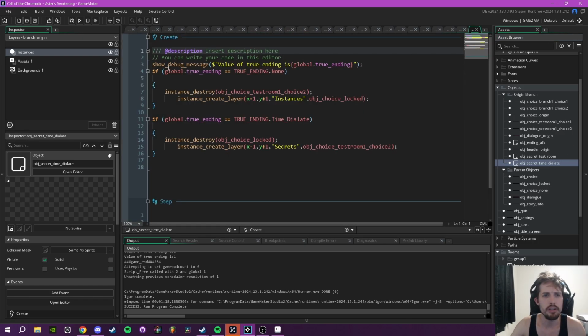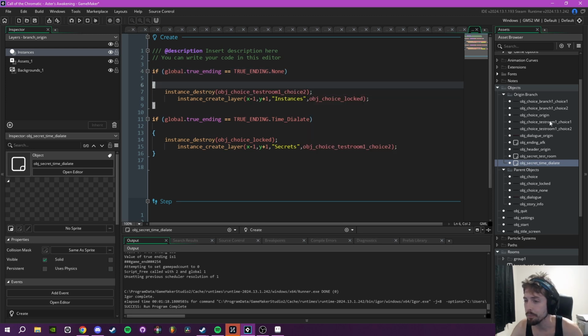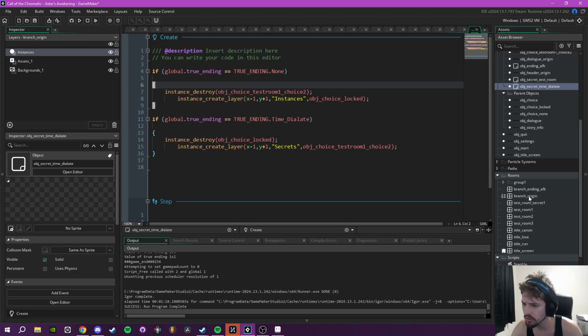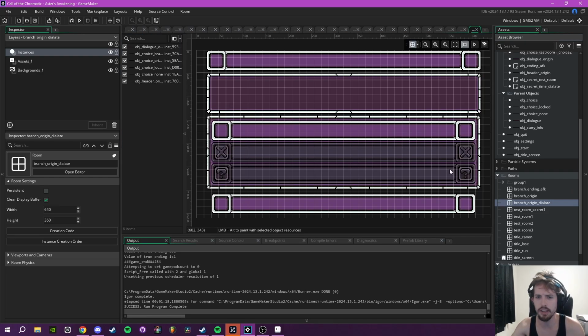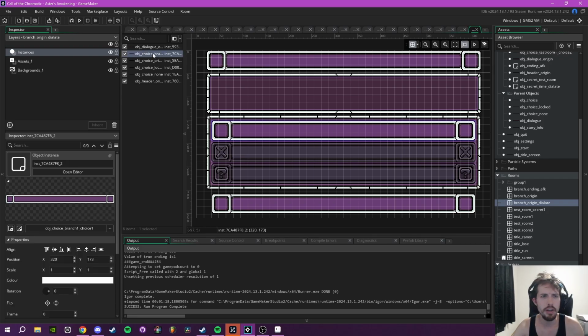So now what we're going to do is, I'm not sure if I need the debug message, so we'll do away with that for now. I just want this top part. Just make this part go away. Okay, so if global.trueEnding is trueEnding none, destroy. Oh, and I need to make the object, my bad. And all this object is going to do is take you back to the origin branch. Okay, branch origin dilate. And then,